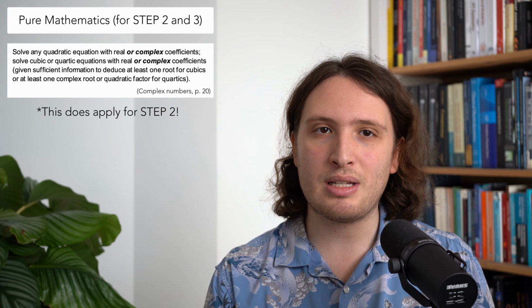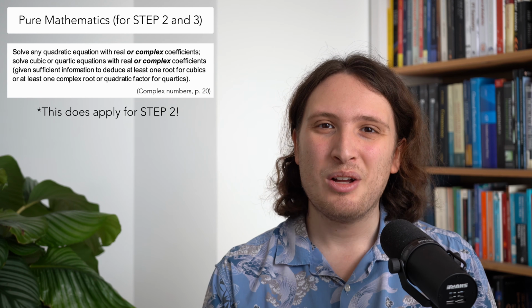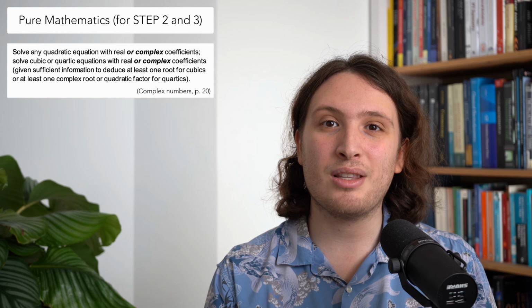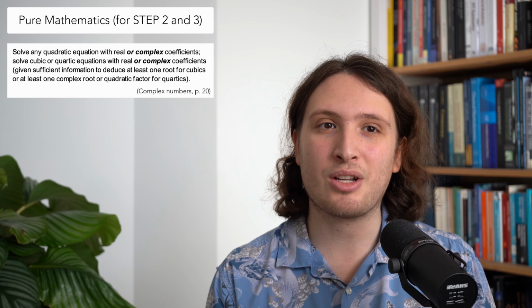Now, there are also some extra knowledge gaps that apply for Step 3, but not Step 2. One of which is solving polynomials with complex coefficients, although there's not really any theory to learn here, other than the fact that the roots no longer need to come in complex conjugate pairs. And finally, the method of solving differential equations by substitution, although in STEP, the substitution is almost certain to be